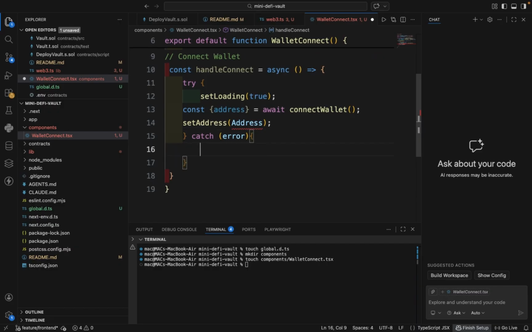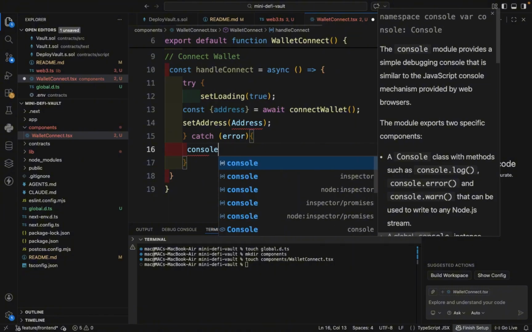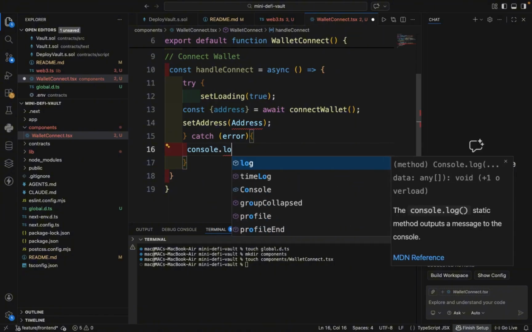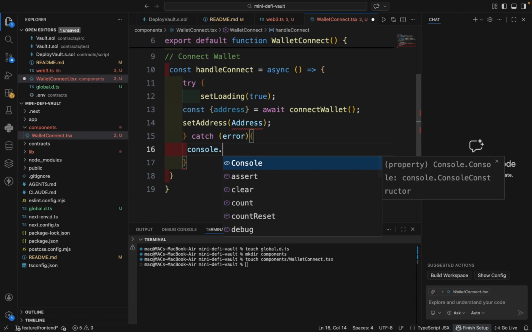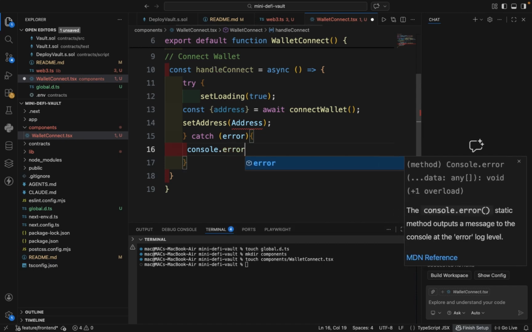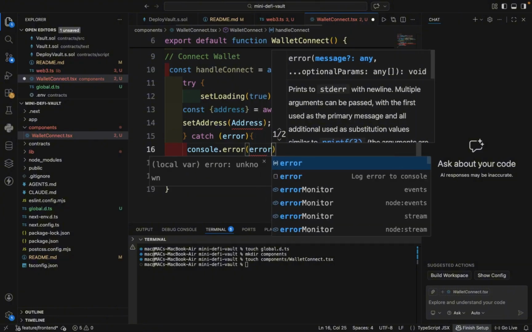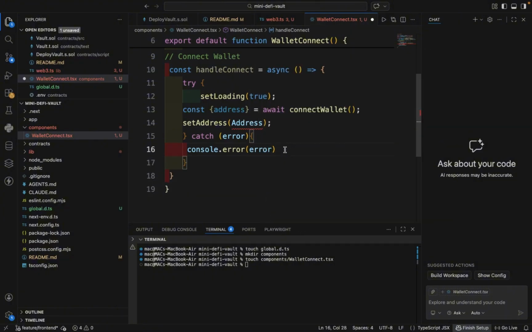Then the error we want it to display. console.error, not console.log. console.error, pass it as error encountered. This is a custom error. Okay. So catch error, console.error, then